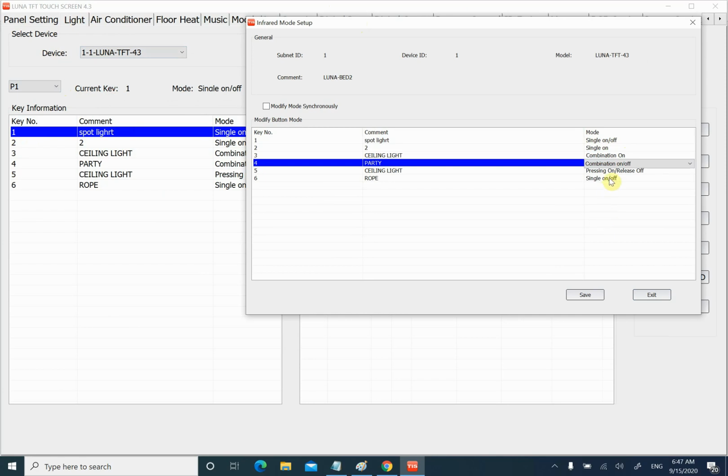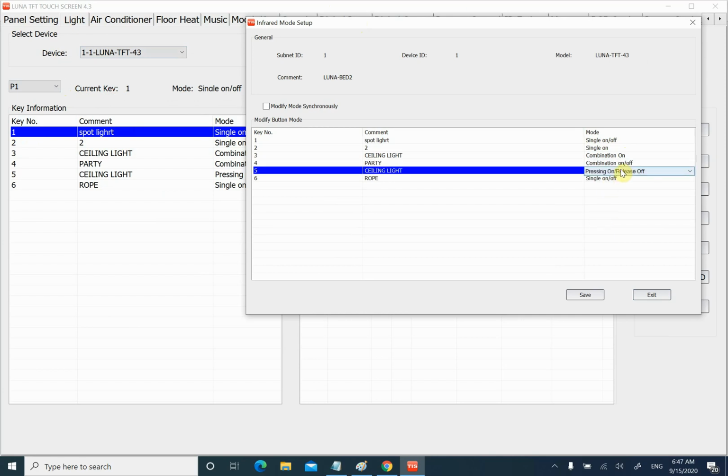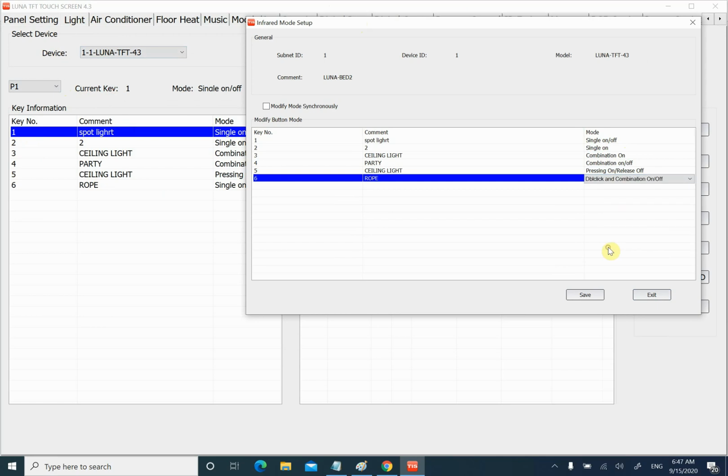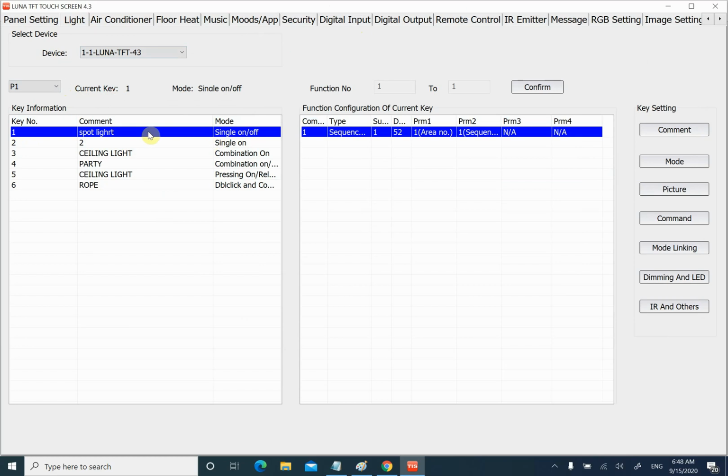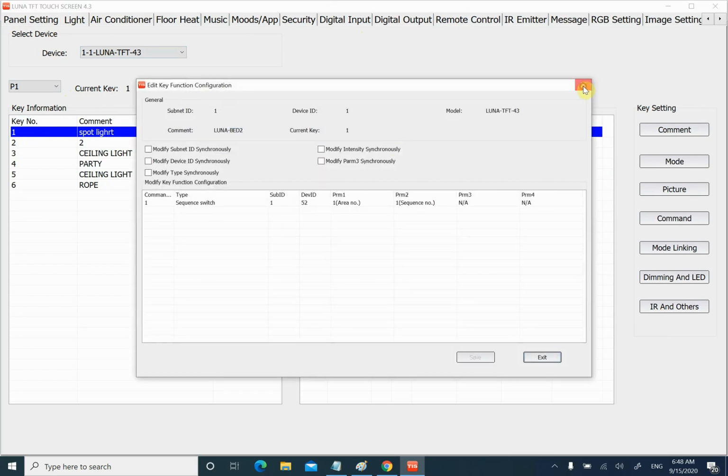The next one is pressing on, release off. Something like momentary. If you press on the button, it sends on commands, and if you release the button, it sends off commands. And the last one is double click and combination on and off. If you single press on the button, it sends a group of commands, and if you double click, it sends another group of commands. I will show you. Okay, here. Okay, if I double click here,